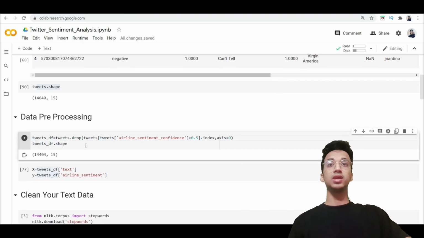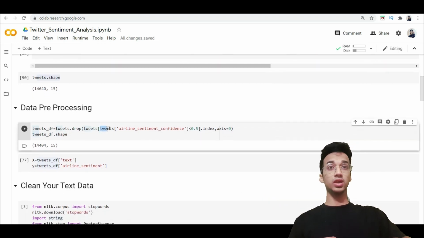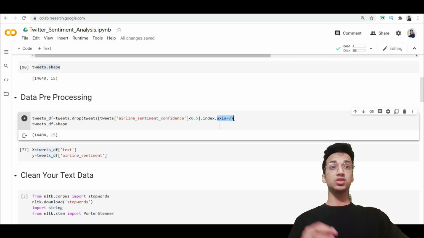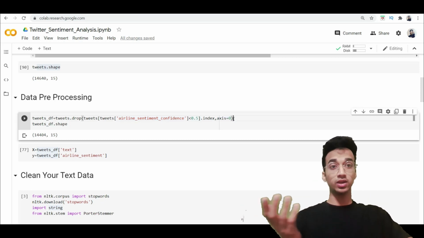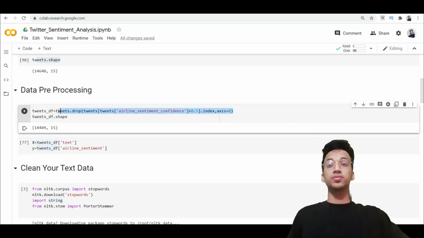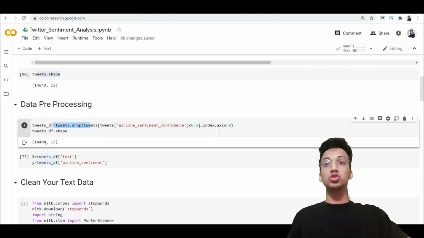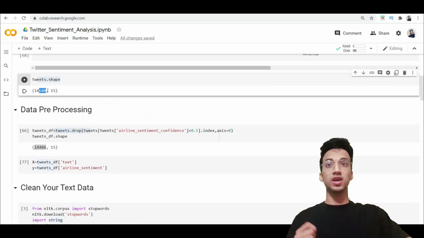And over here, what I'm basically doing is I'm getting all the index values for rows in which the airline sentiment confidence is less than 0.5 or 50%. Axis equal to 0 basically means you're dropping it along the rows. So once you drop these rows, if you check the shape, you will see it's 14,404 rows. So approximately 230 rows have been reduced.